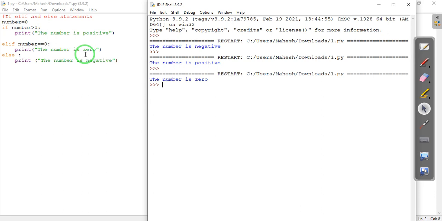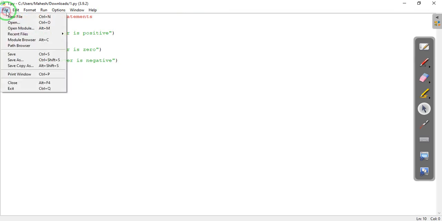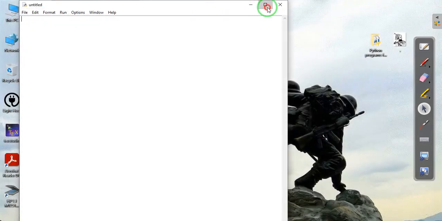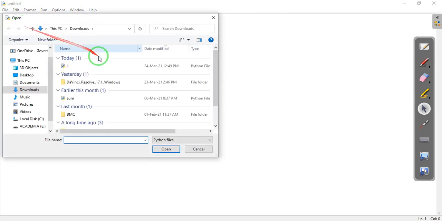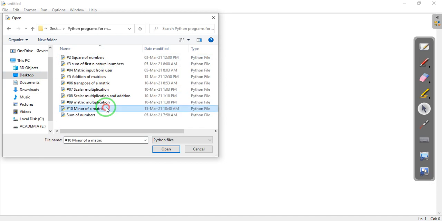Okay, so let us write the program for the determinant, and for that we will use the program for minor as well. So let me import a program wherein we have used the minor. First let us go for a new file and open the program which we have already written in the last video, that is minor of a matrix.